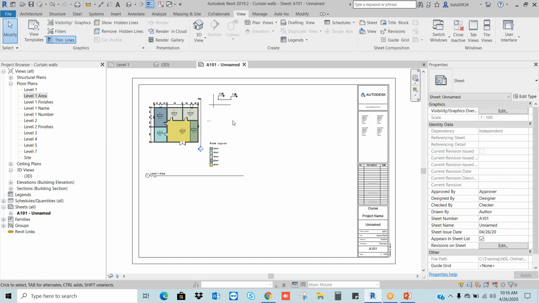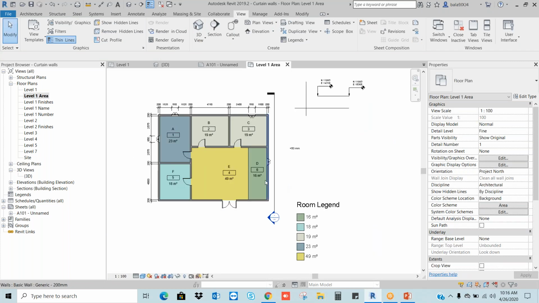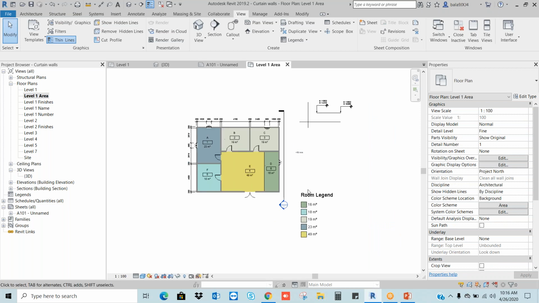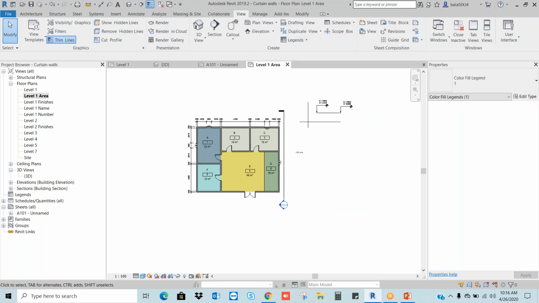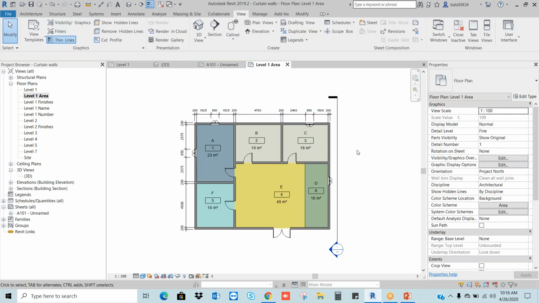Right? See, whatever is available in the area, you can present it. If you want to delete, I can delete this one. I'm going to delete this one also. See, it will automatically update in our sheet.